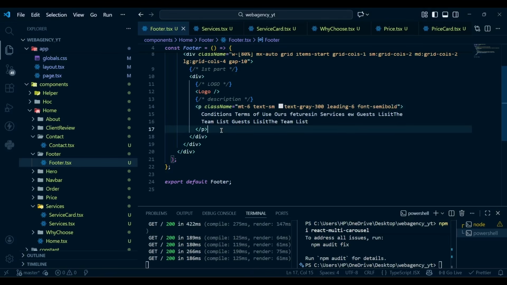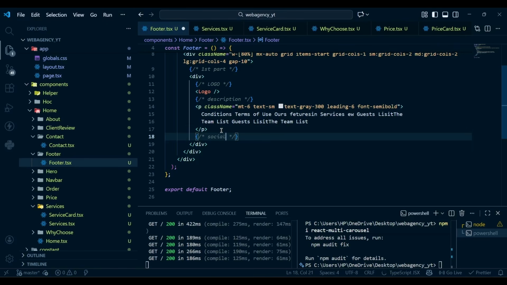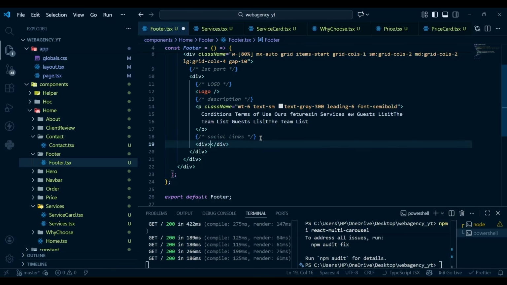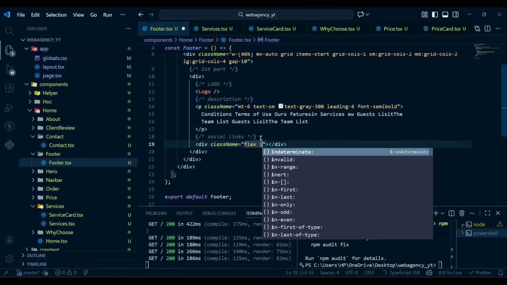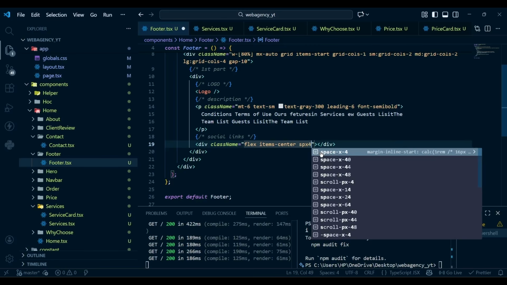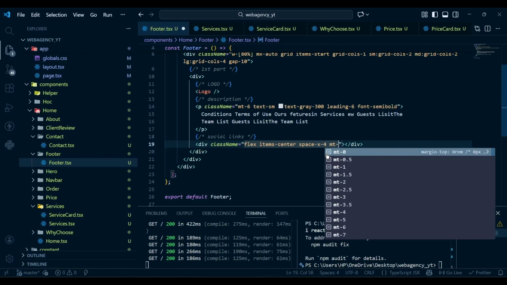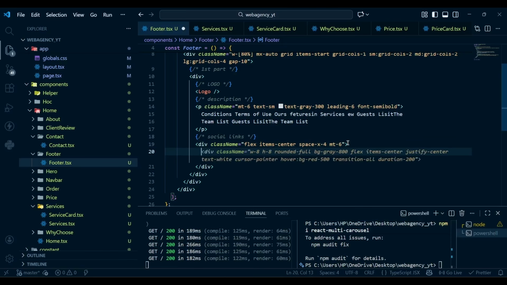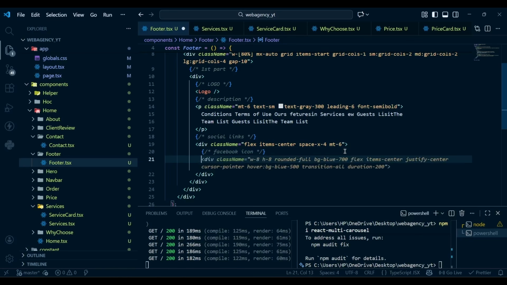So after the p tag, we have social links, and here we have a div with class name of flex, item center, space x4, margin top of 6. Now inside this div, first we have the Facebook icon, and here we have a div